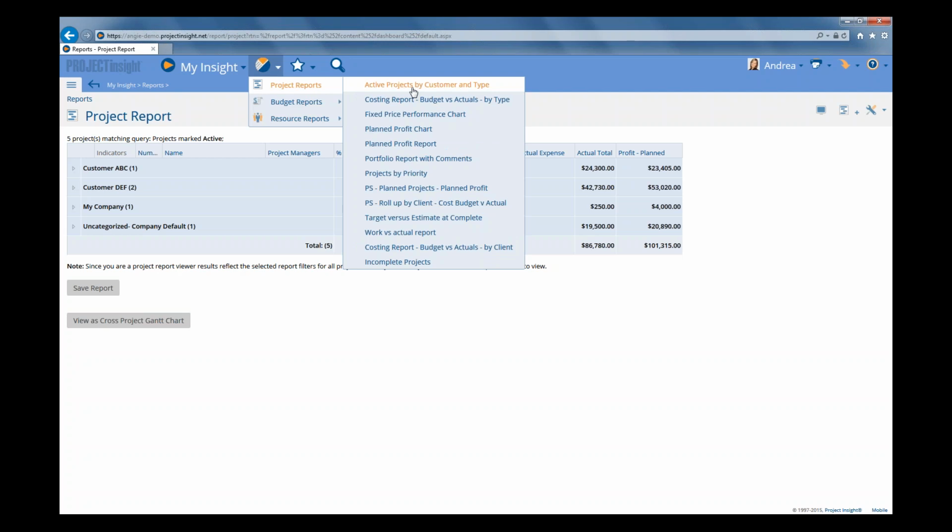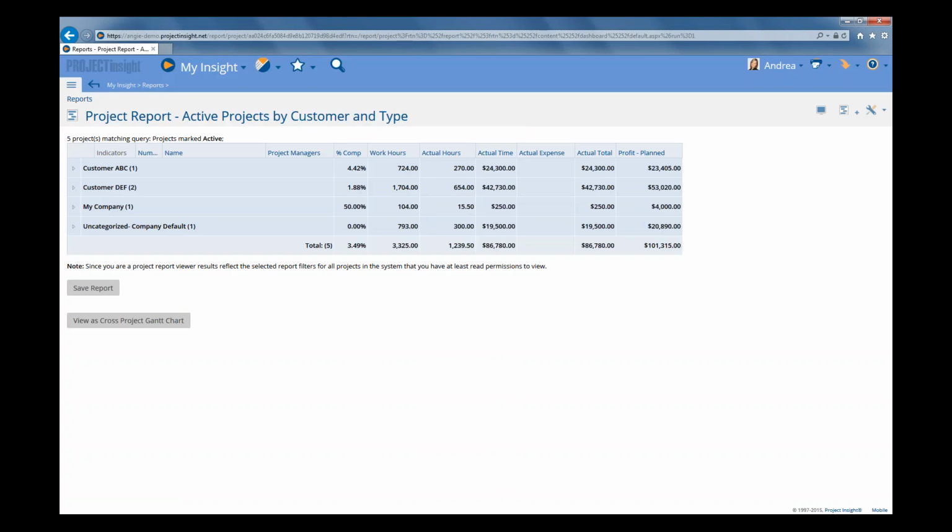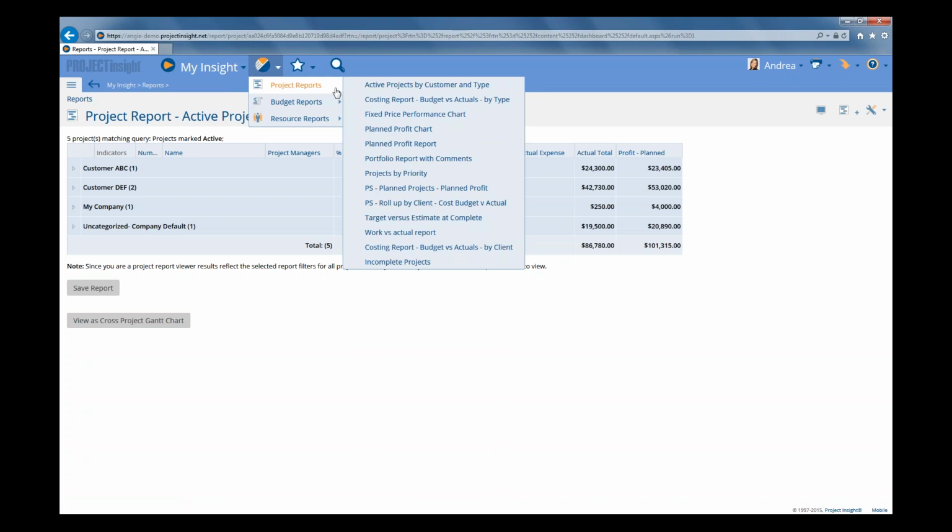So it got created as a submenu in here, and what that enables you to do is easily access this report with one click from anywhere in the system. You don't have to drill down into multiple submenus and wait for the screen to refresh or anything like that. You just hover on Reports, go to Project Reports, and click on it to run it. Now you can see that if I do that again and just hover, there are a number of different saved reports that I've got. So if you decided that you wanted to save a report, but you don't want to run it that often,